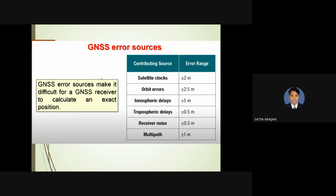Then GPS error sources. So how many errors are there? That is called satellite clock error, orbital error, ionospheric error, delays, tropospheric delays, receiver noise, multipath. So these are calculated in meters. In the satellite clock, if the clock error arises, then it has shifted to plus minus 2 meter accuracy. Then for orbital errors, it is plus minus 2.5 meter